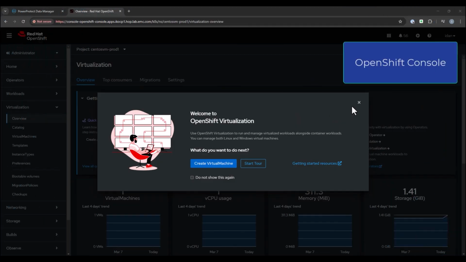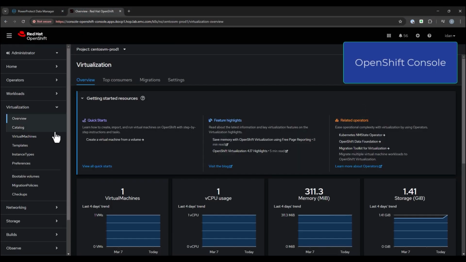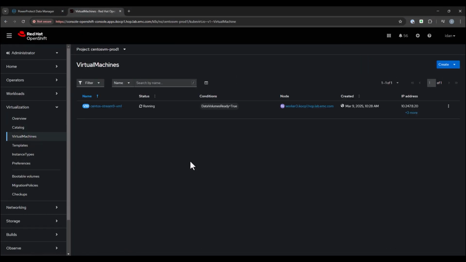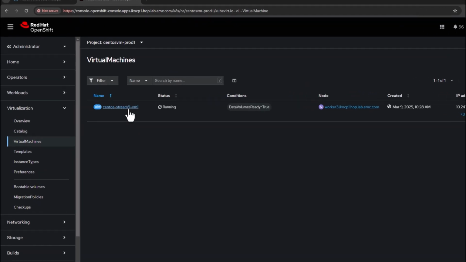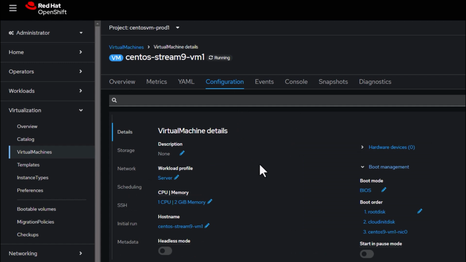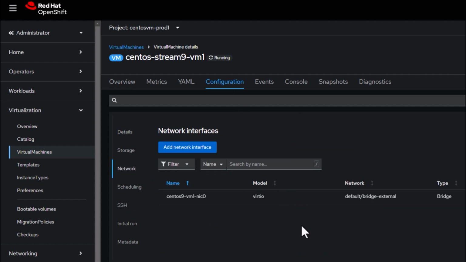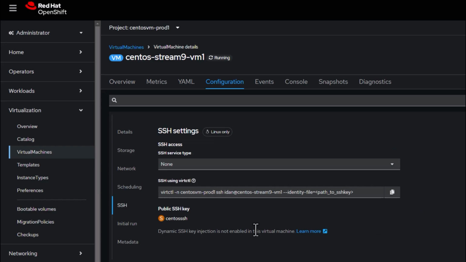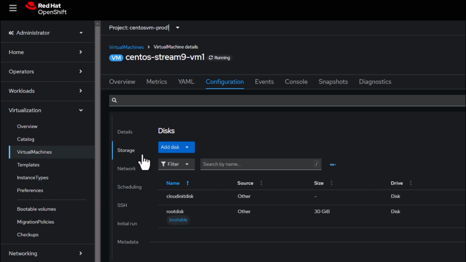Now let's head over to the OpenShift console to have a look at our production VM. This is our production CentOS VM on the CentOS VM Prod 1 namespace. Let's have a look at the VM configuration. The VM has a VNIC on an external network and an SSH key configured. Additionally, as you can see, the VM has a block access mode disk provided by Dell PowerStore using a storage